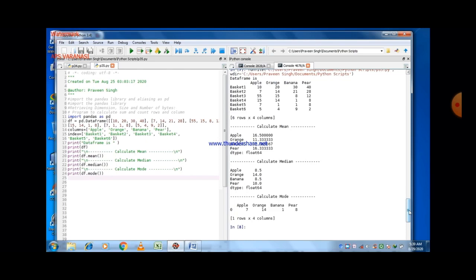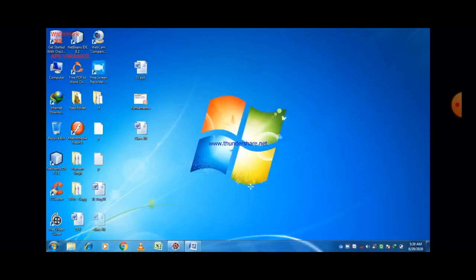So along these columns we can easily find out the mean, median and mode value using the mean, median and mode methods, means along axis 0. You can also find out the mean, median, mode along axis 1 by giving the value axis is equal to 1.